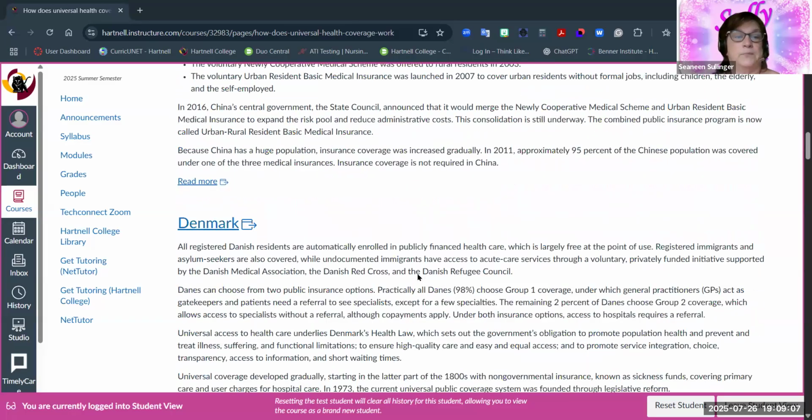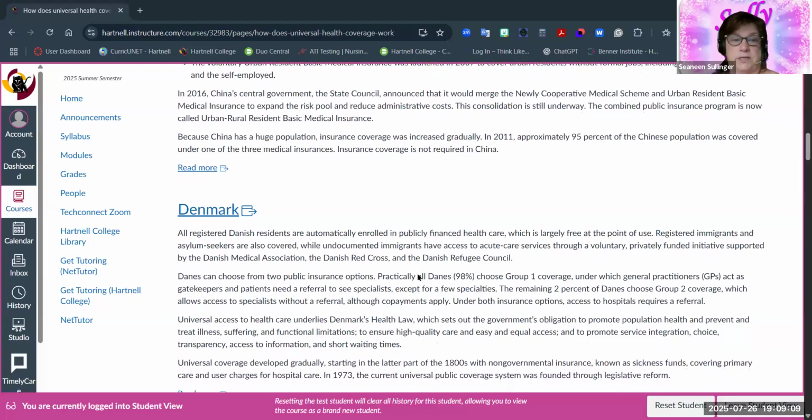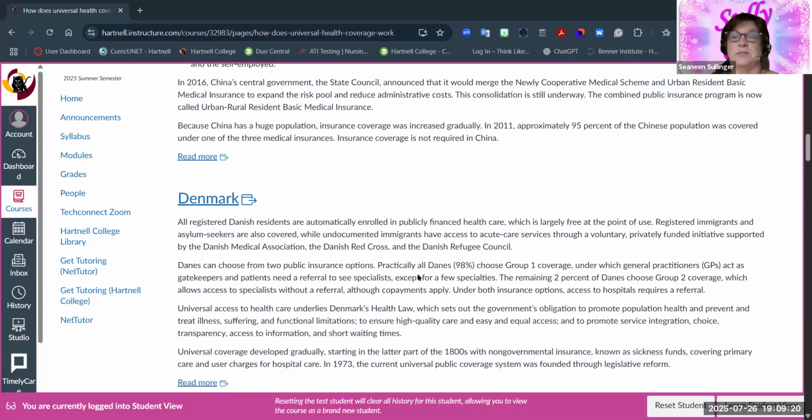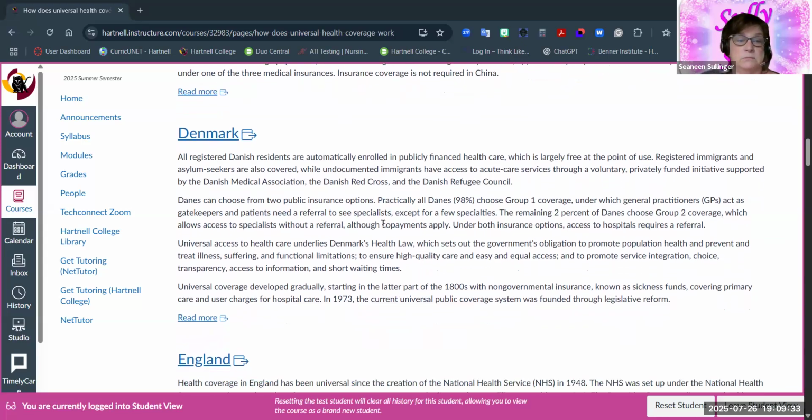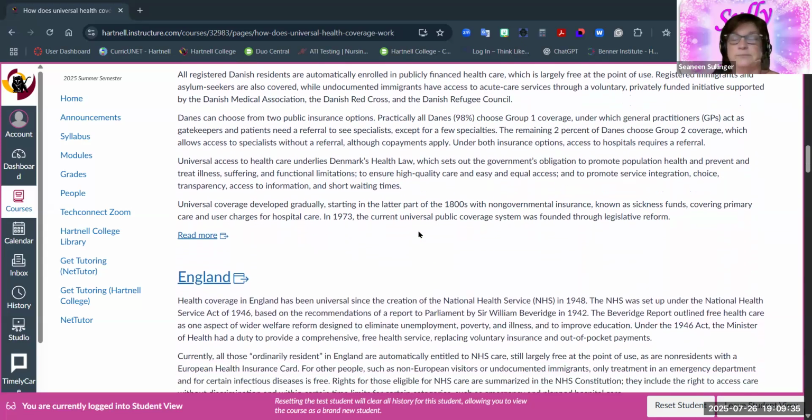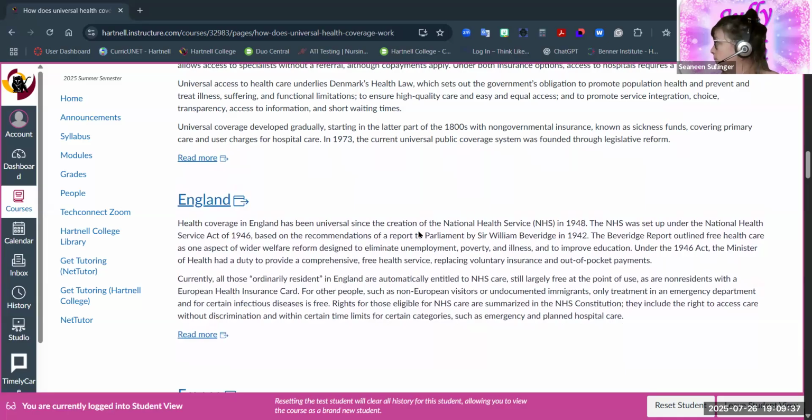Denmark: all registered Danish residents, so Danish citizens that have come into the country legally, are automatically enrolled in publicly financed healthcare, which is largely free at the point of use. And so it does say that registered immigrants and asylum seekers are also covered, but undocumented immigrants have access to acute care services through a different source. So there is some choice for that. You have healthcare coverage in